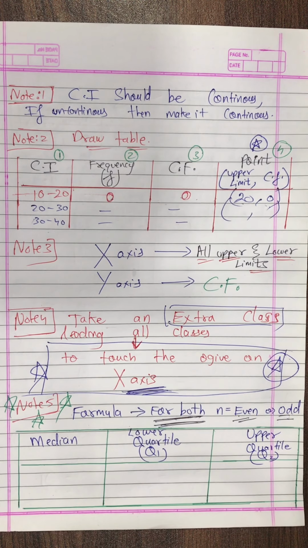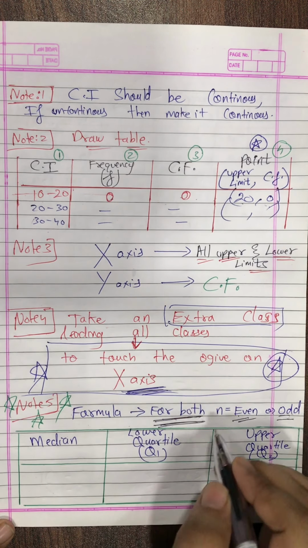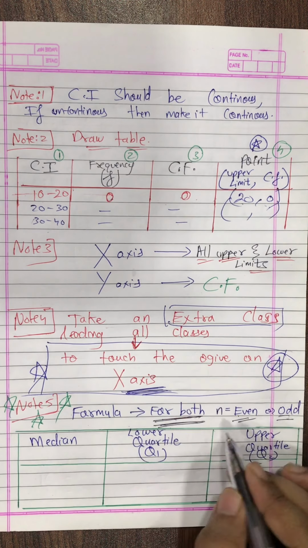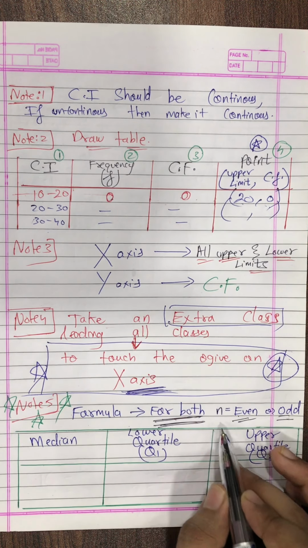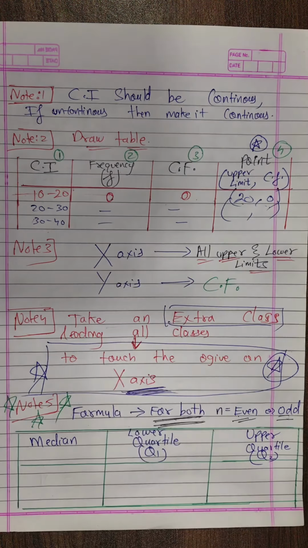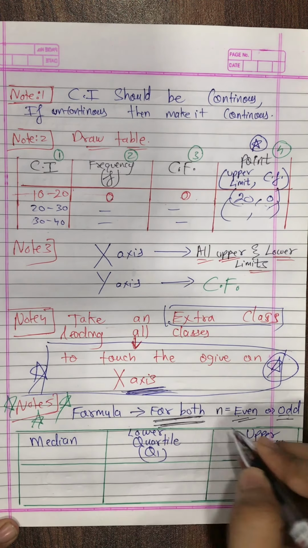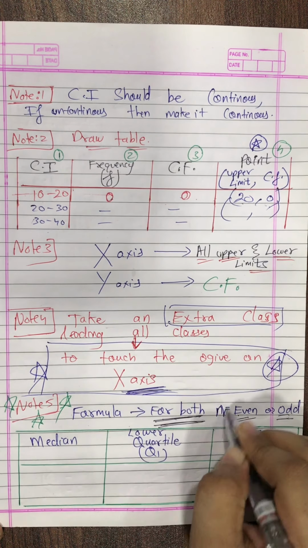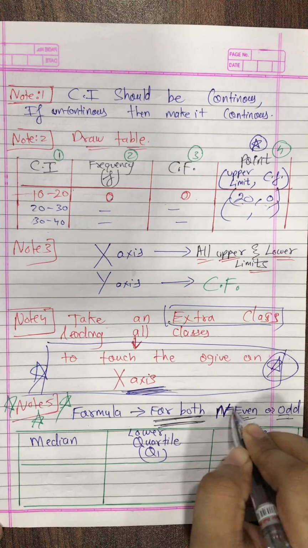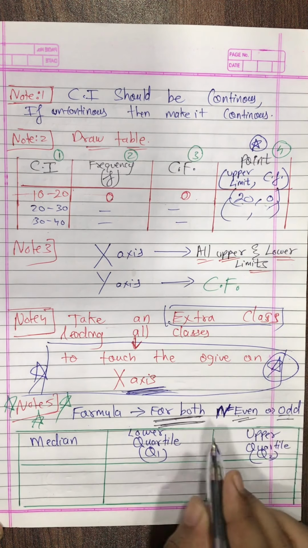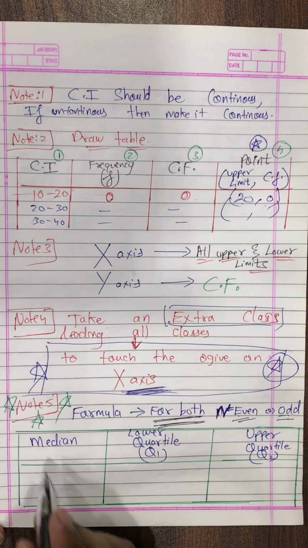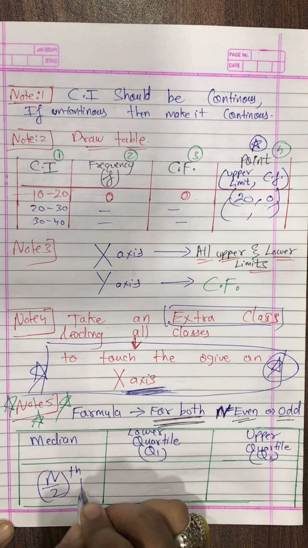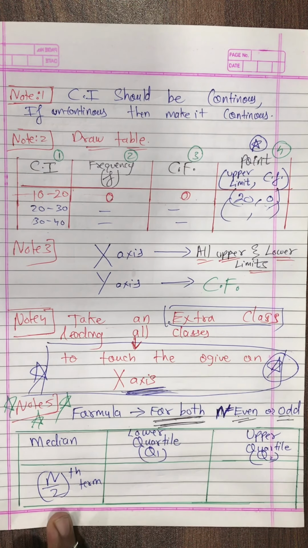Okay, how to find median? Formula for median. If I say here n is even or odd, it does not matter, but n is what? Total number of frequencies, summation of all the frequencies. Generally in the textbooks over in the graph chapter, they denote n with the capital N. So that's the reason I'm not marking a small n, I'm just writing capital N because it's there in the textbook. Okay, what's the formula? Median is n upon 2th term. How to do it? We'll see.